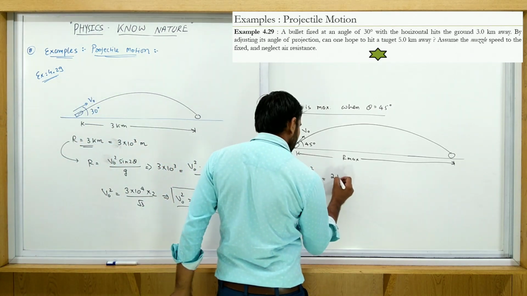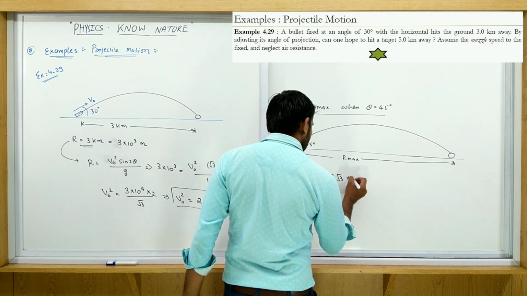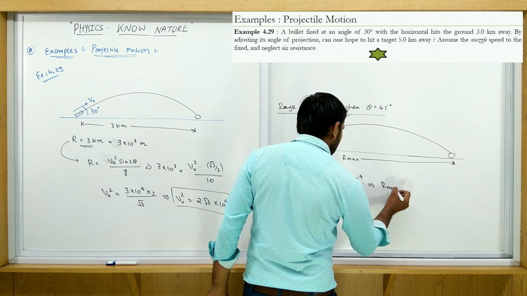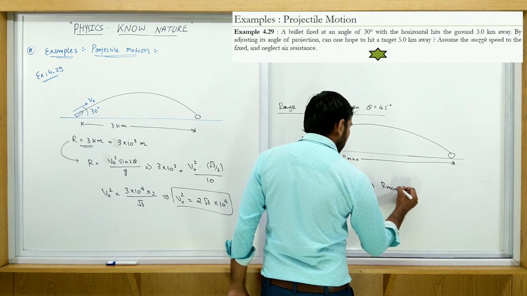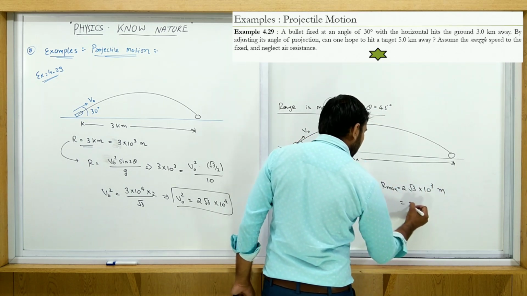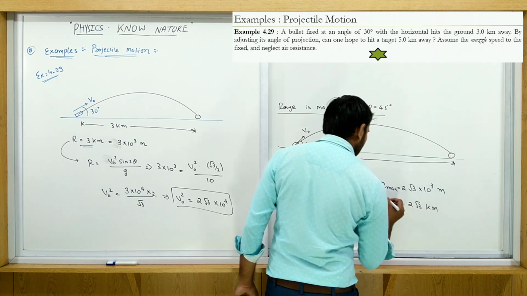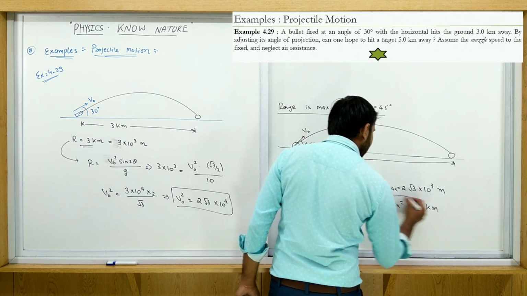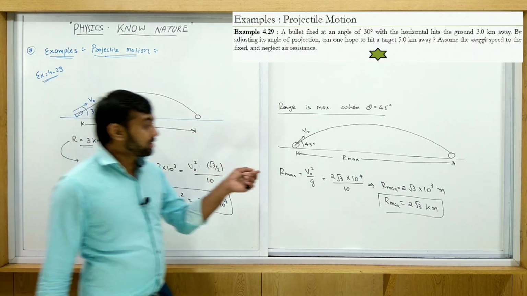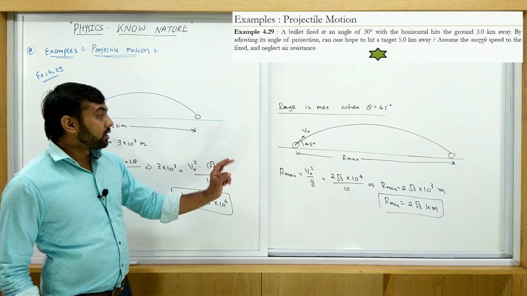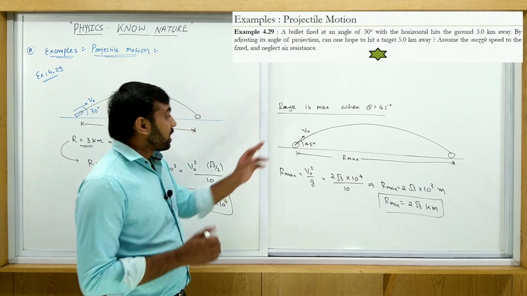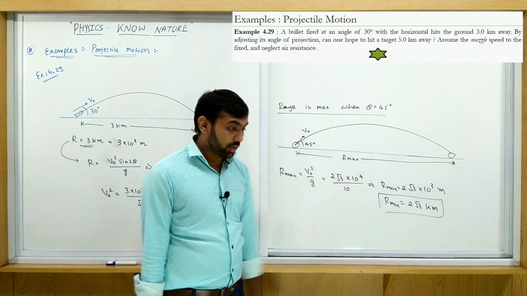What is the answer? 2√3 into 10 to the 4 upon G, means 10. तो आंसर क्या आ गया? R max is equal to 2√3 into 10 to the 3 मीटर, मतलब कि 2√3 किलोमीटर। मतलब कि इस बुलेट से आप इतने डिस्टेंस तक हिट कर सकते हो एंगल सेट करके। If this distance is greater than this, then bullet does not fire at this distance. ओके, मीन्स आप फायर कर सकते हो लेकिन बुलेट वहां तक जाएगी नहीं, ऐसा कुछ अपना क्वेश्चन है।